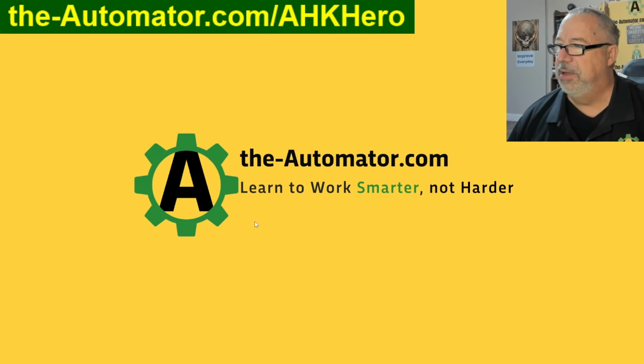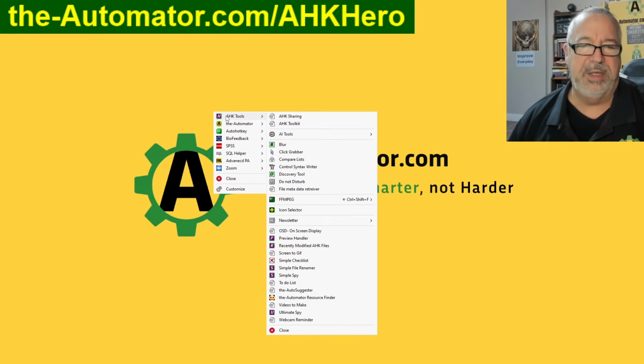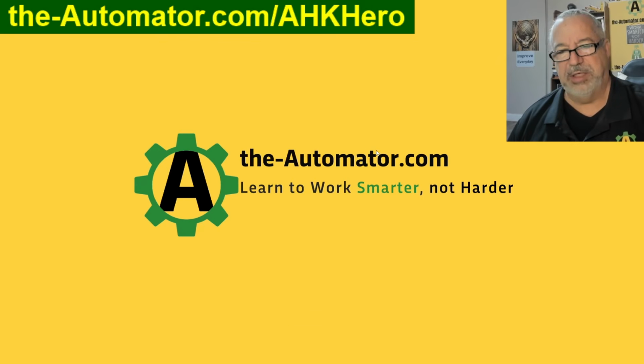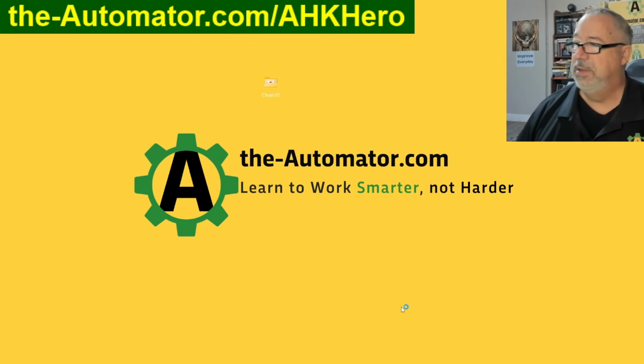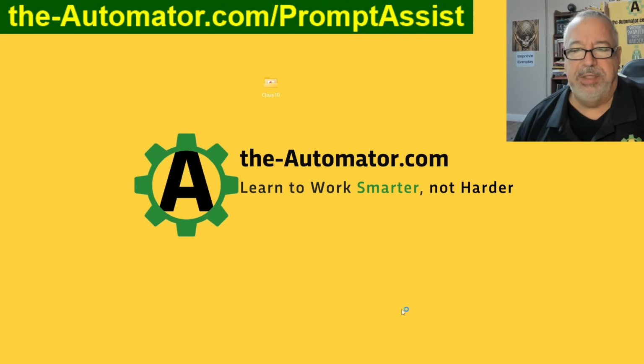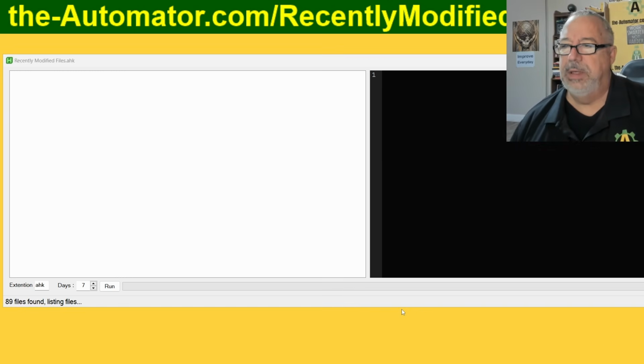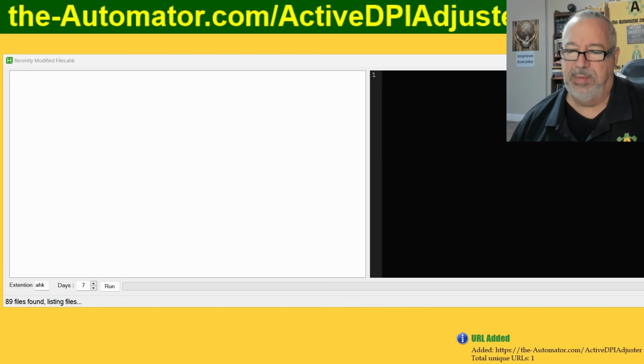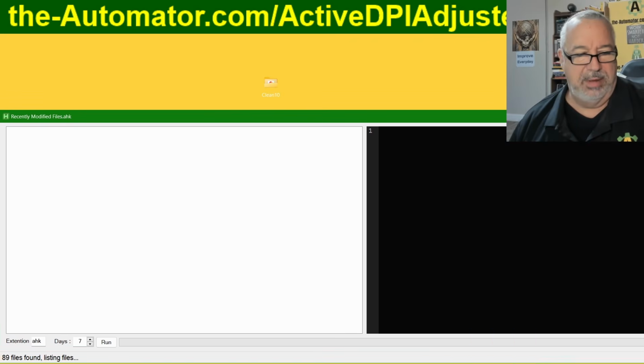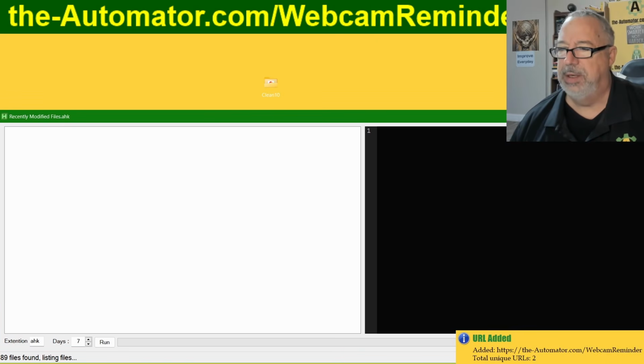Anyway, let's see. We're sharing desktop. Use prompt assistant here. Launch our recently modified files. This, of course, is actually launching like 5 or 6 programs. It changes my DPI. It's going to open the recently modified files. There we go. Boy, that DPI looks bigger than normal. Launch that URL monitor,